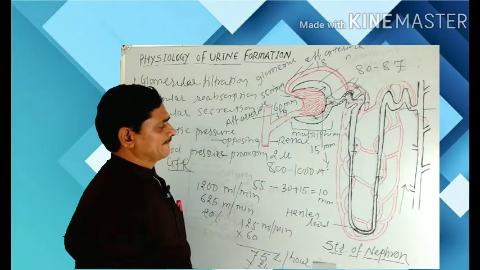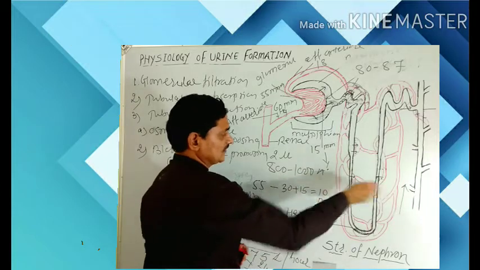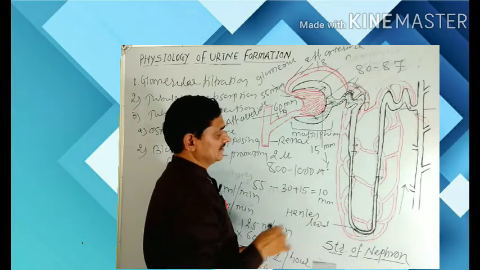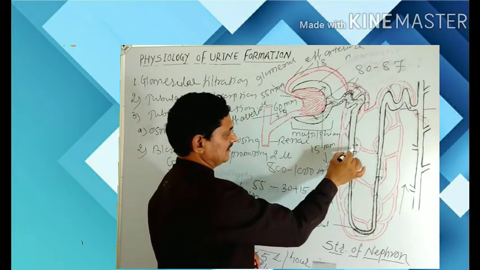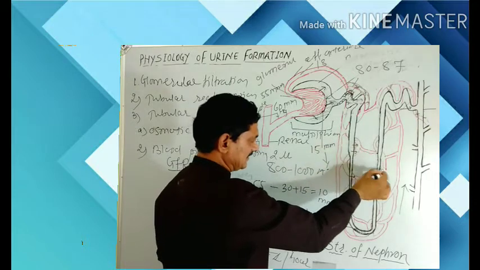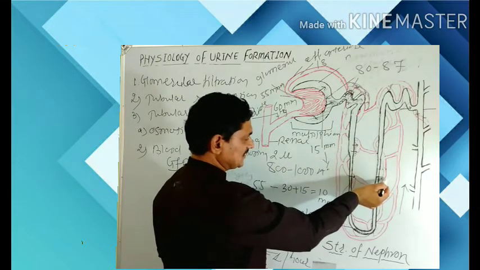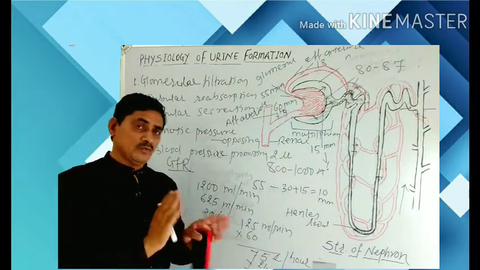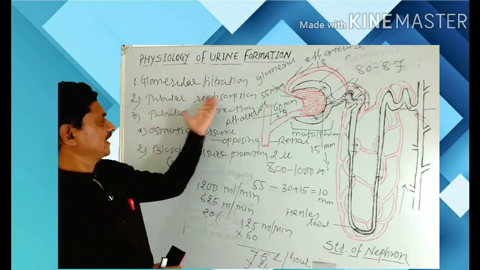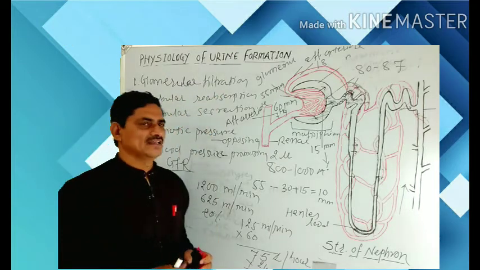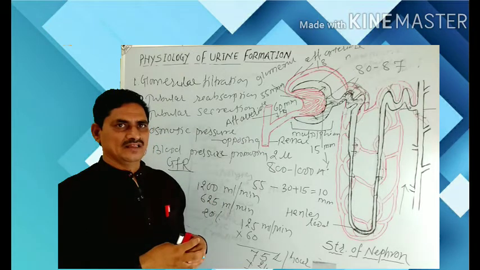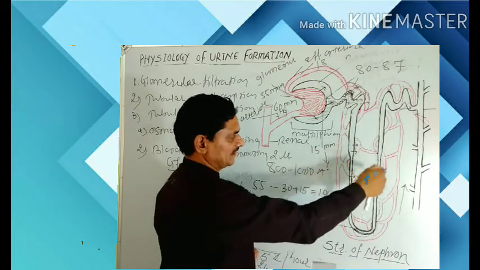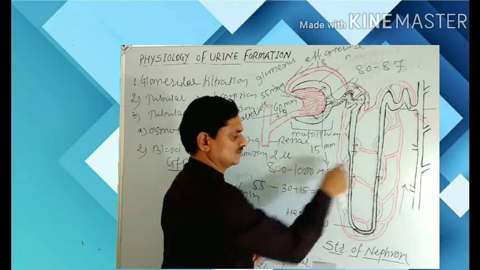As we know, this process is the reverse of reabsorption. In reabsorption, the useful substances enter into the blood, whereas here the waste substances from the blood enter into the lumen. So, tubular reabsorption and tubular secretion are opposite to each other: the useful substances from the lumen enter into the blood capillaries, and the waste products from the blood capillaries enter into the lumen.